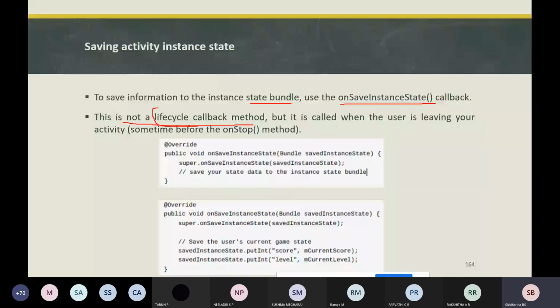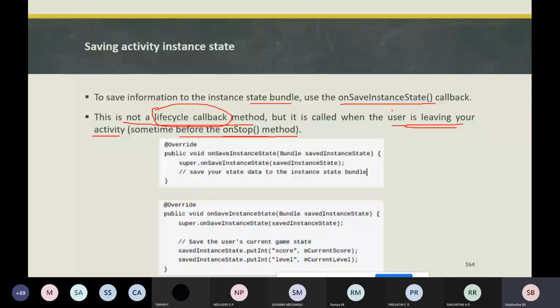It is called when the user is leaving your activity, and it will be called before the onStop method.